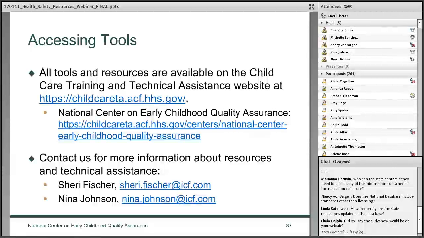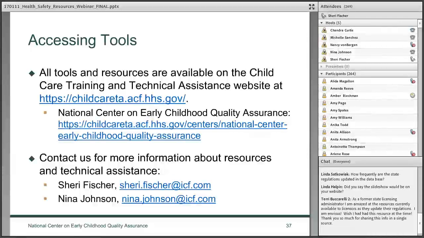One is their QRIS standards. Another is any standards that have been established for pre-K programs, for preschool programs, or publicly funded preschool programs. And the other is sets of standards that apply for the Child Care and Development Fund program. States do have separate sets of standards that apply to those.